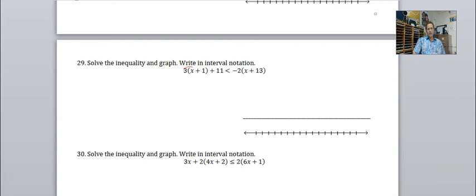29, I need to distribute. 3x plus 1 plus 11 is greater than negative 2x minus 26. Combine like terms. 3x plus 12 is less than negative 2x minus 26. I'm going to add the 2x, and that's going to give me a 5x. I'm going to subtract the 12, and that's what's going to give me a minus a 12, minus a 12,